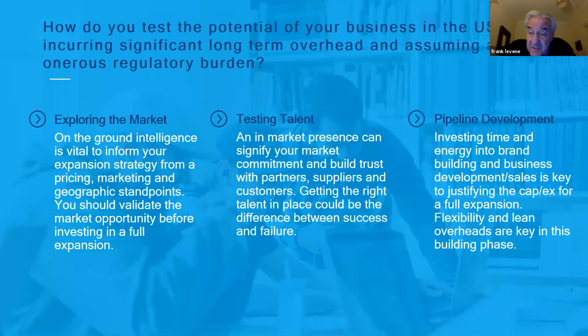You can test the talent. Have we approached the market with the right person for you, which again is no mean feat. The right person can make a huge difference. And we have a very robust and talented recruitment team in an organization, and without overly egging our offering, and this is an important